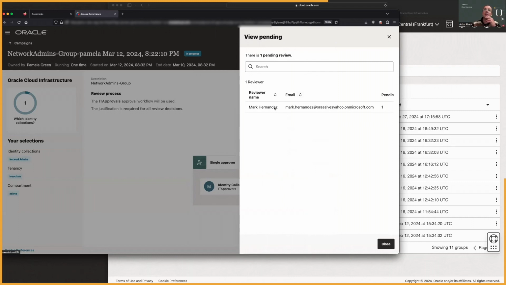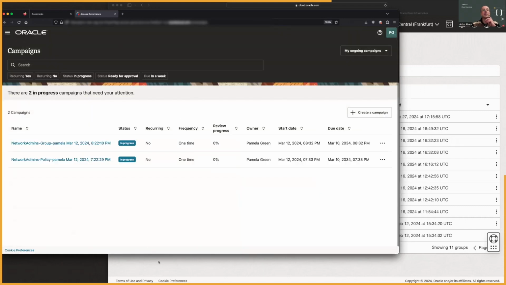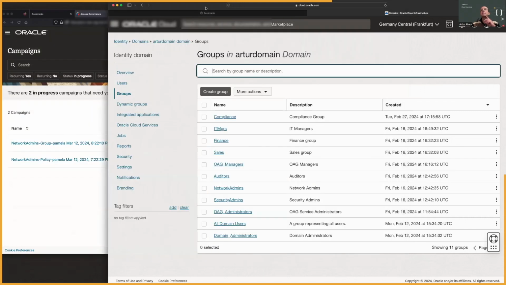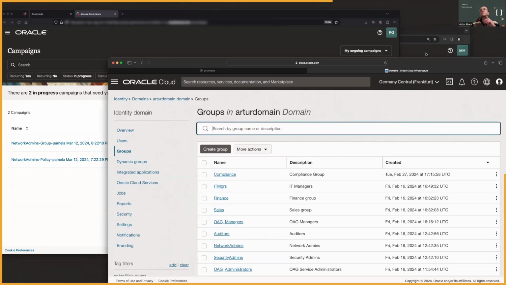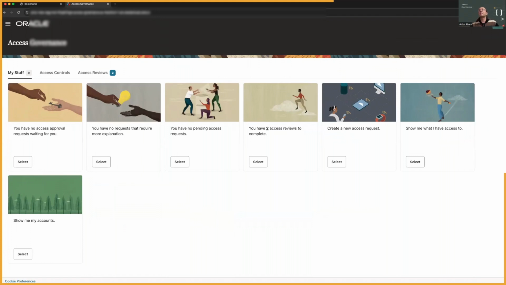That's why Mark Hernandez now has a notification in his email saying you have something to do, please log on to OAG and do your work there. Let's do that. So if I come here and put this one, yeah. Okay, so now I have Mark logged on already to OAG.